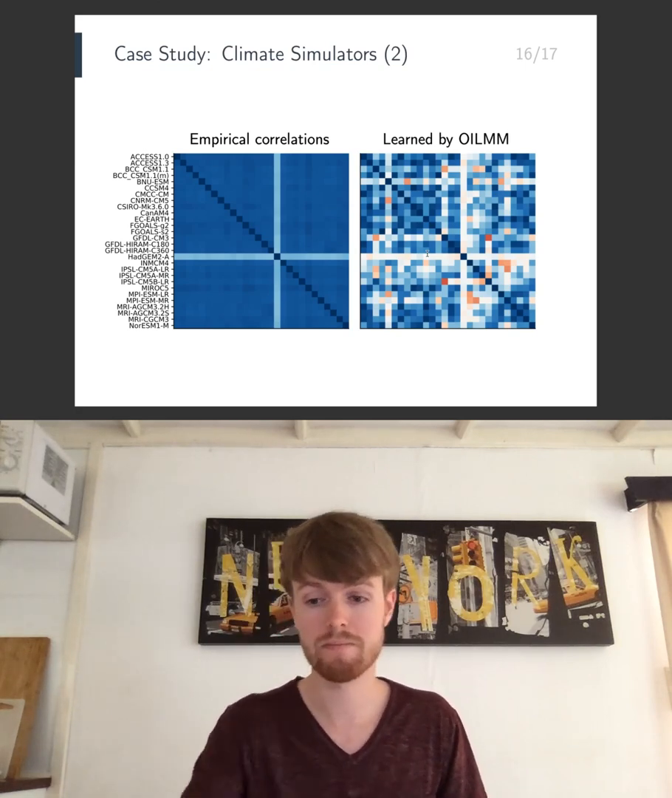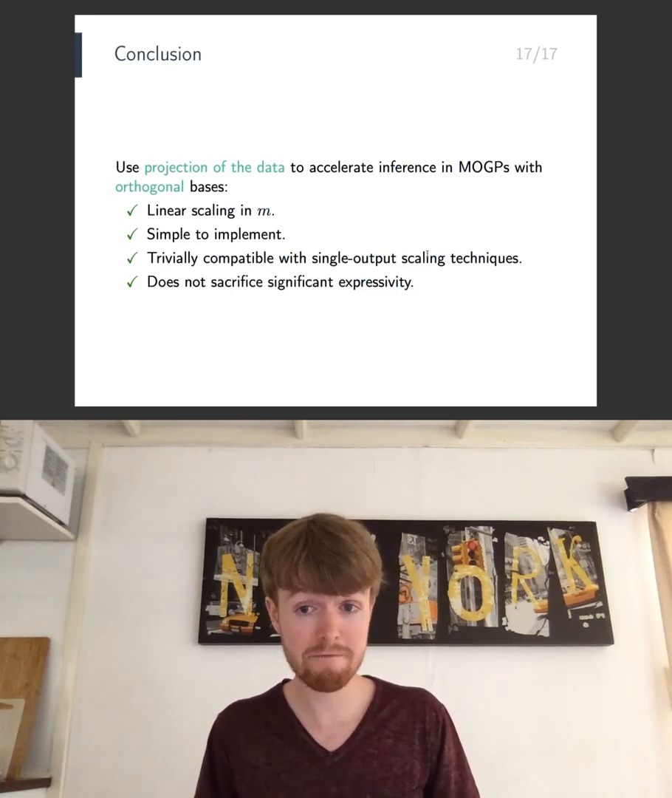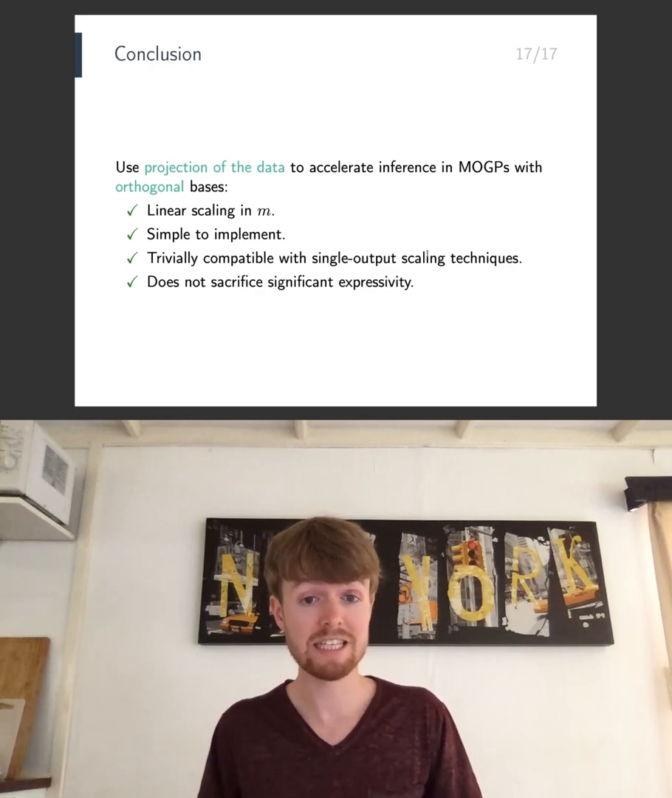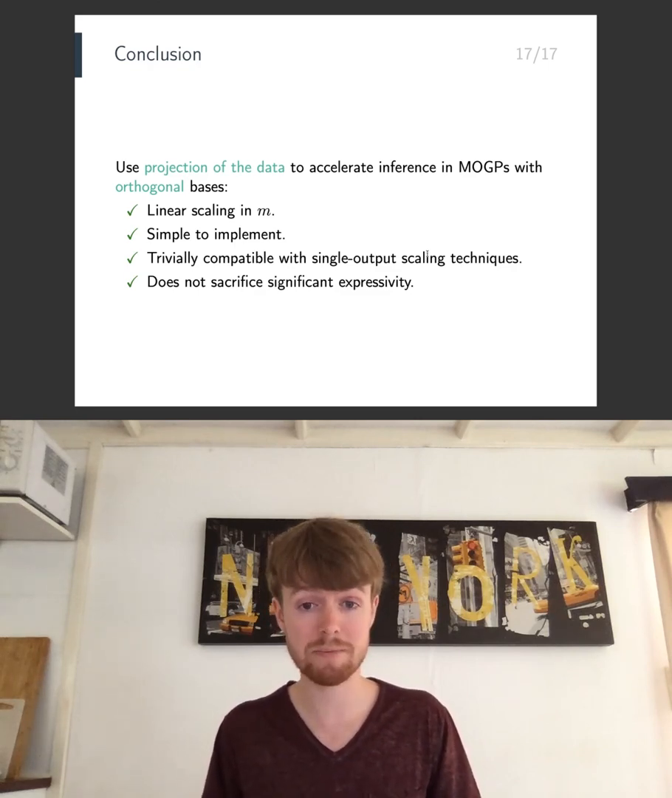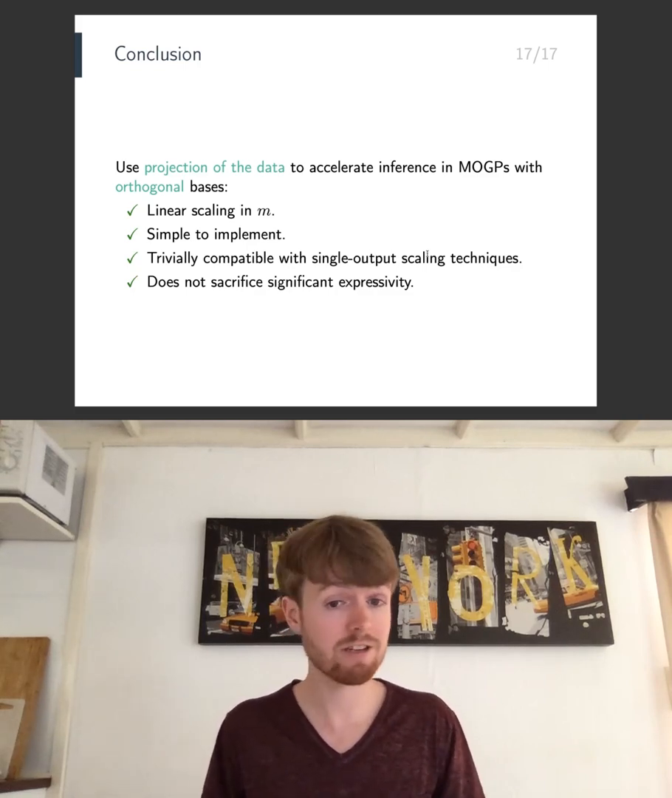Let's wrap up. We have used a projection of the data to accelerate inference in multi-output GPs with orthogonal bases. The proposed method scales linearly in the number of latent processes, or linearly in the number of basis vectors, is simple to implement and trivially compatible with off-the-shelf single-output scaling techniques. Moreover, the method does not sacrifice